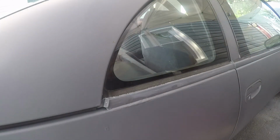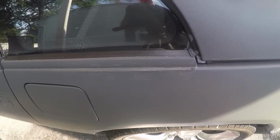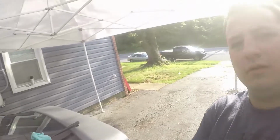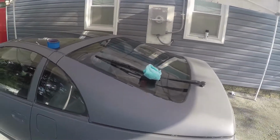I think that's about as good as it's gonna get. Does it look better? I don't know exactly. But hey, at least there isn't a bubble there. So let's go ahead and do the other side. So this side turned out pretty good. Maybe a little bit better than the other side, but you know, still not as good as it should have been. But next spot we're gonna work on